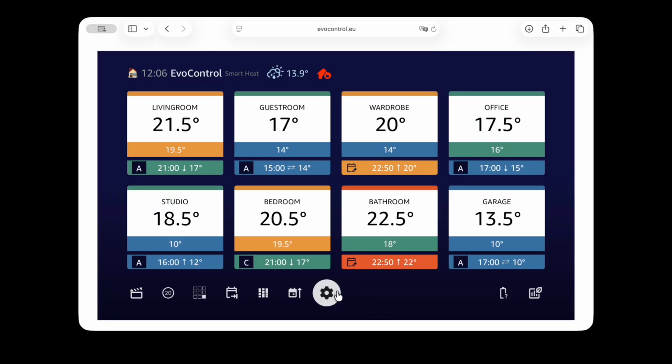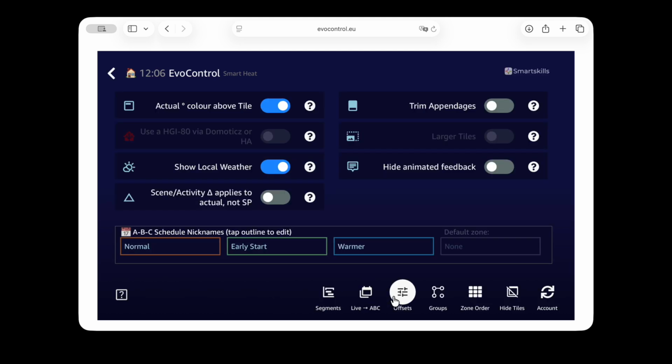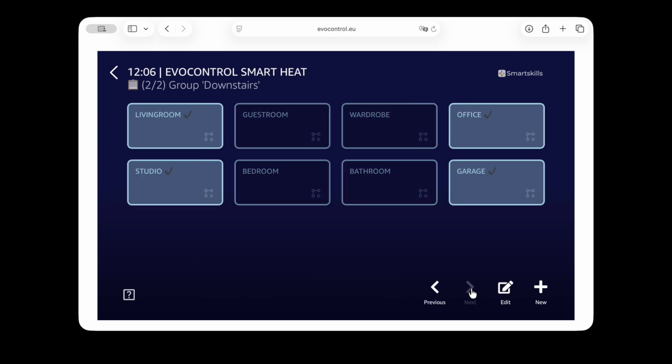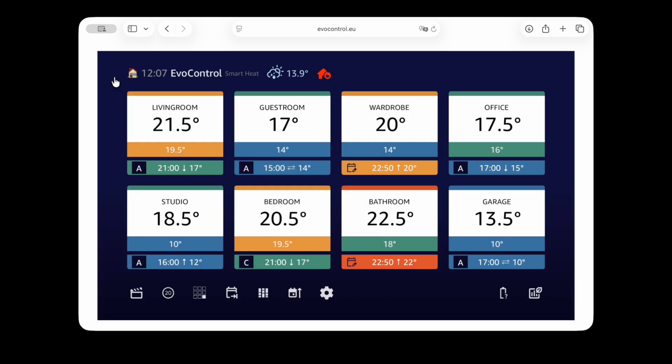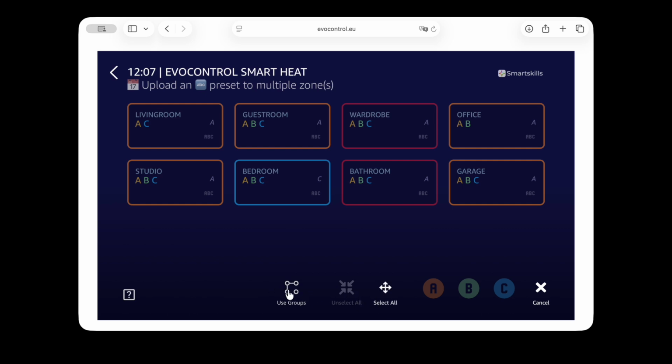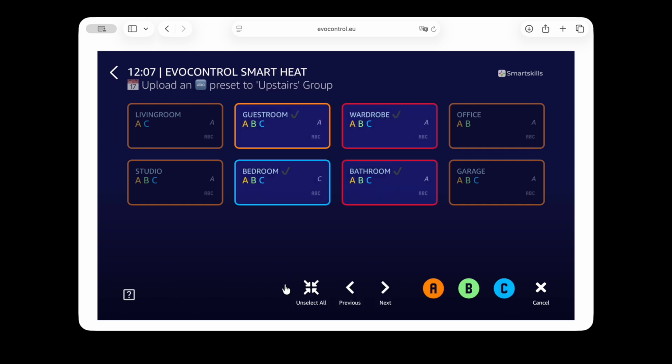EvoControl allows you to work with groups of zones, and you can define up to 12 of these yourself. Here is the group editor. I have created 2 of them, upstairs and downstairs, but you could also have east wing or west wing if you have a large property. And once you have defined groups for yourself, they can be very useful. For example, when you're uploading schedules, you get to use groups. So there's my upstairs group, and